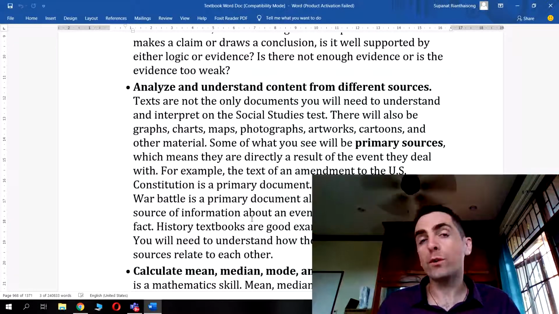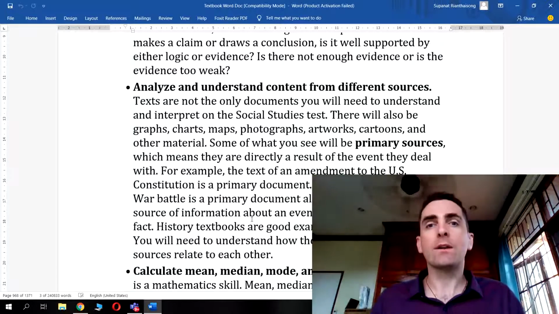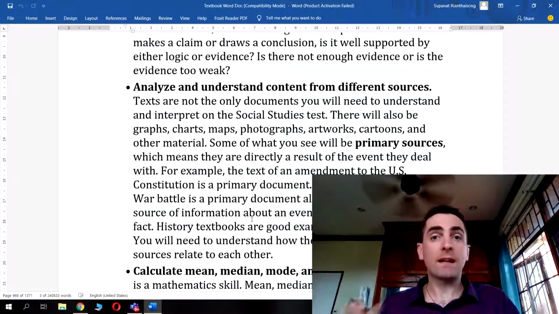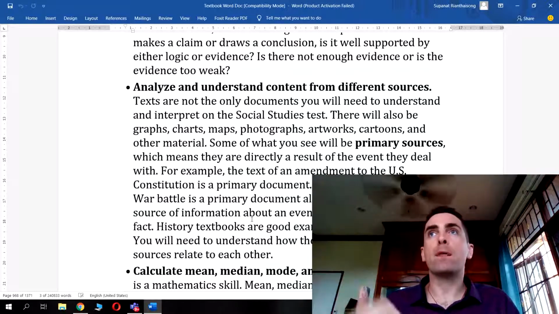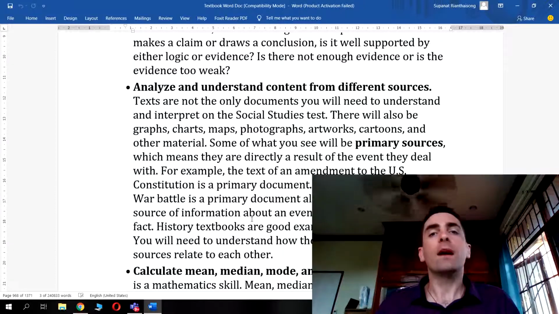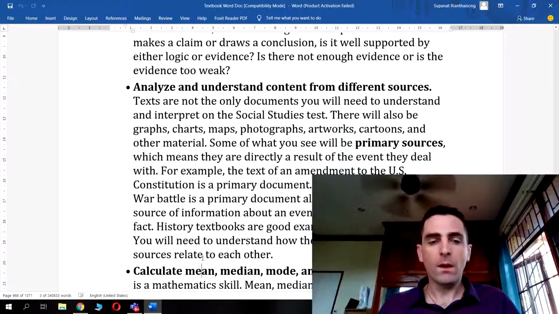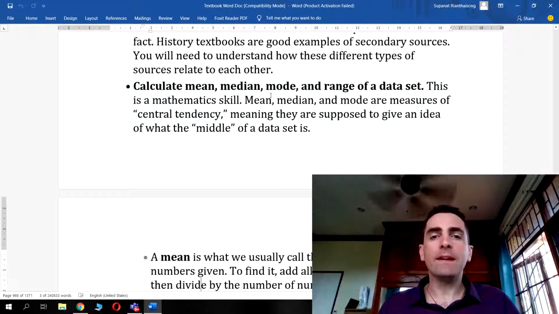So you have to think who wrote it, when they wrote it, why they wrote it, and could their background and personality and who they are colour and shape in a certain way the facts, in inverted commas, that they're presenting. You have to be able to calculate the mean, the median, the mode, the range of